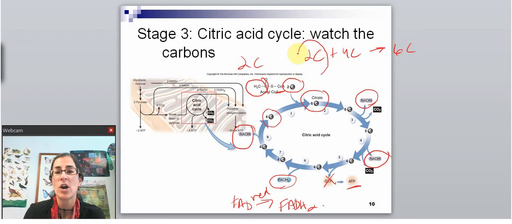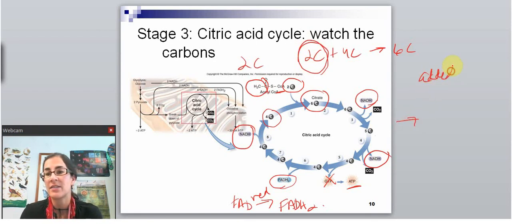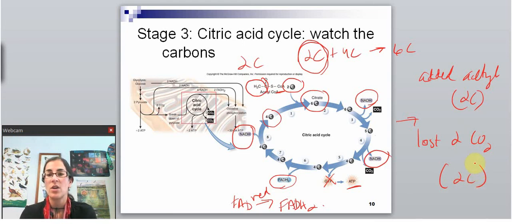I added 2 carbons and I lost 2 carbons. So I added the acetyl group, which had 2 carbons, and I lost 2 CO2s, which is 2 carbons worth. So this extra 4 carbons, that just keeps cycling and cycling and cycling. It keeps getting used and remade, used and remade, used and remade. I always just have 2 carbons coming in and 2 carbons leaving. So, and in this process, and this is kind of the key, coming back to energy,